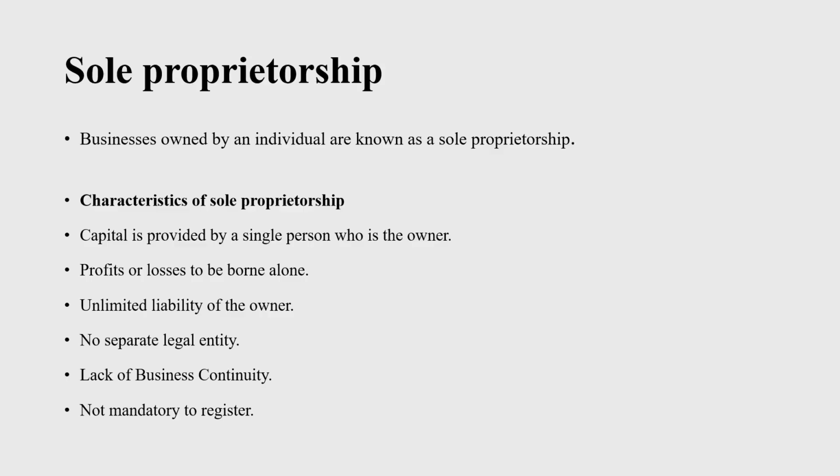Unlimited liability of the owners. When it comes to settling debts, if the business doesn't have enough resources to repay, the owner must sacrifice his personal property. Just assume there is a bank loan and not enough money in the business to pay it off. Then the owner should use his private properties and money to pay it off. And also, there's no limit. He has to sacrifice more money to settle debts rather than what he invested in the business.